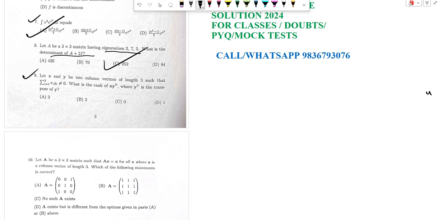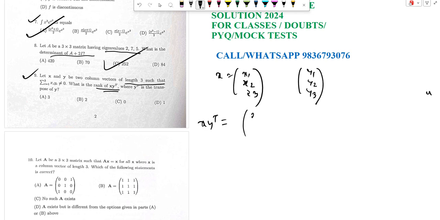Question number 9 here: x and y are two column vectors of length 3 such that the rank of x y transpose, where y t is the transpose. Okay, so let's denote x equal to x1, x2, x3. So x y transpose is